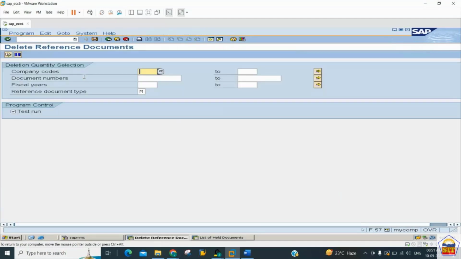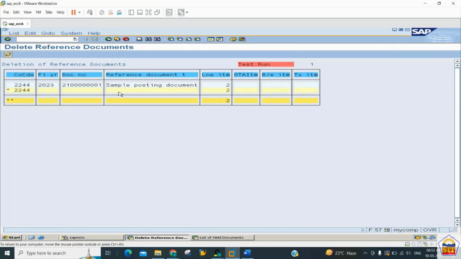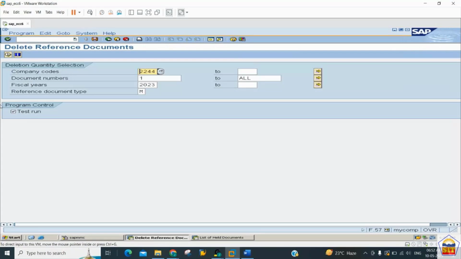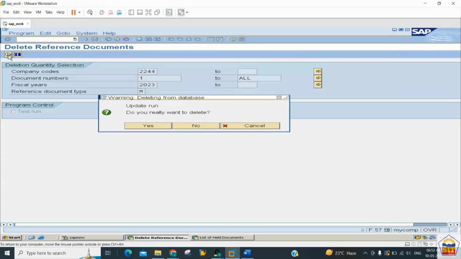Enter. It is asking you for the company code, 2244. Document number is 1 to all. Year is 2023. And you can see we can first run it with the test run option. Click on the Execute button. Here we can see we have the sample document number 21001. It has two line items with the test run. If you want to remove this test run and then click on the Execute button,